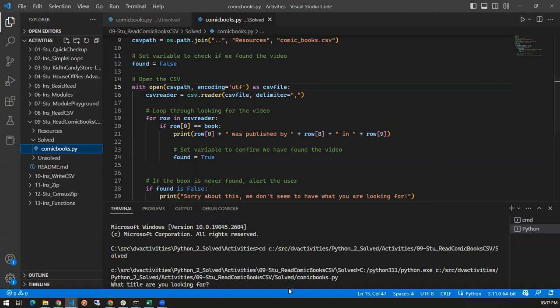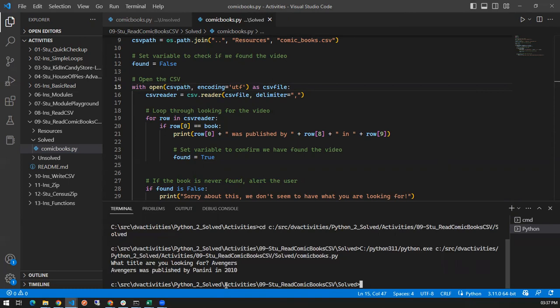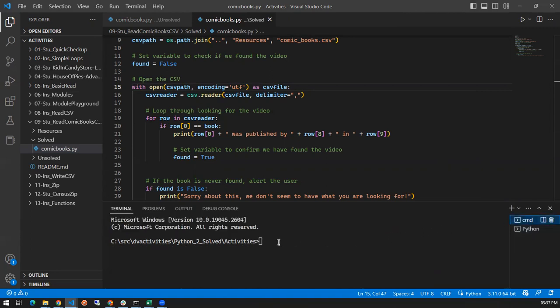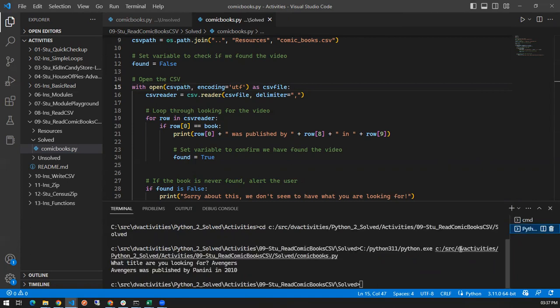And we can see at the bottom, it is running the file. What title are you looking for? Avengers. So what did that play button do? If you notice here, it actually opened a whole new terminal for us. I'm able to click back to my old one, and I can see nothing happened here. But that command opened up a new window,